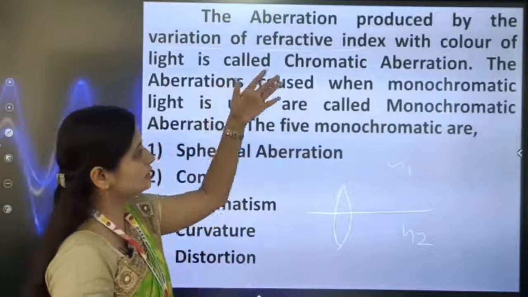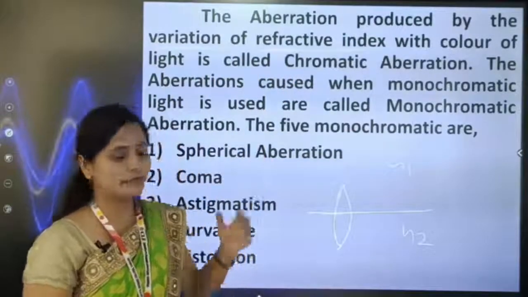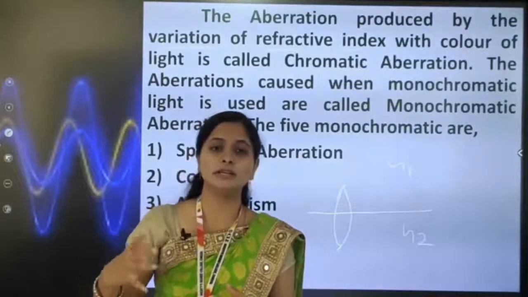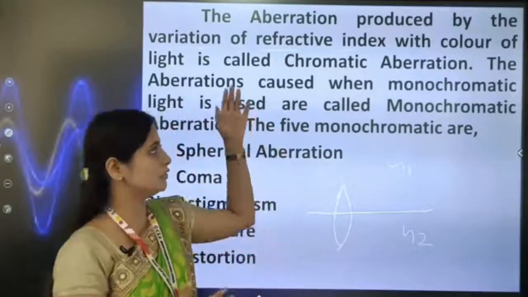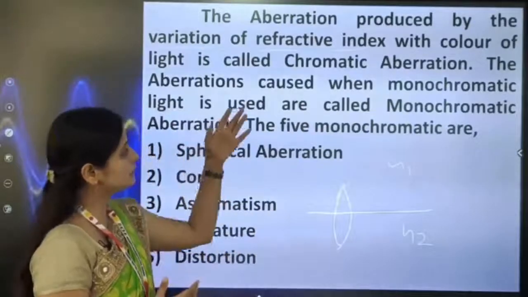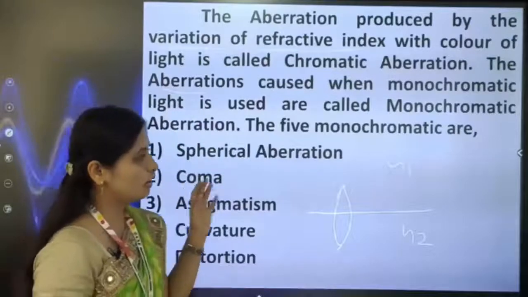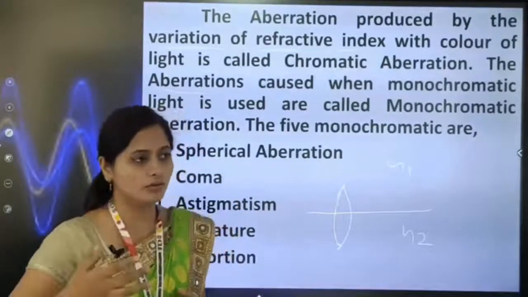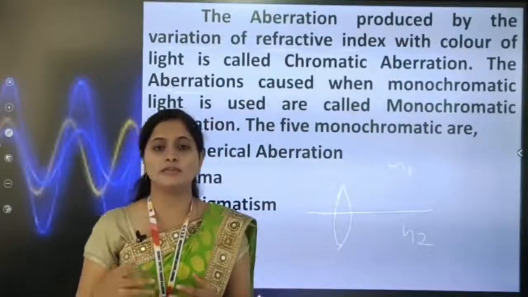The variation of refractive index with the color of light is called chromatic aberration. Suppose the variation of the refractive index is produced due to color, or by using some colored light. That time we call this chromatic aberration. Got it? Next, the aberration caused when monochromatic light is used is called monochromatic aberration. So here we have to take one monochromatic light. Monochromatic light, as I already told you, is light having